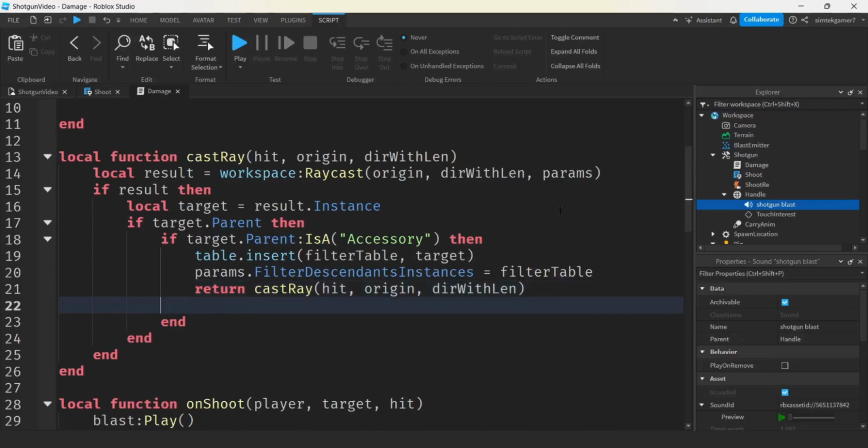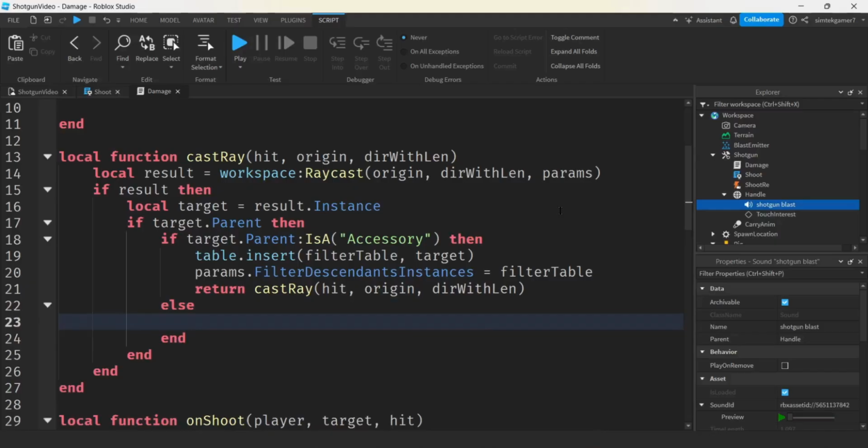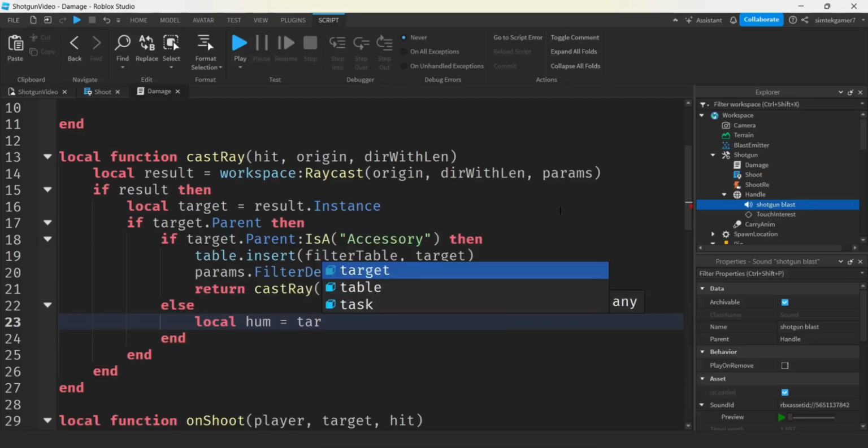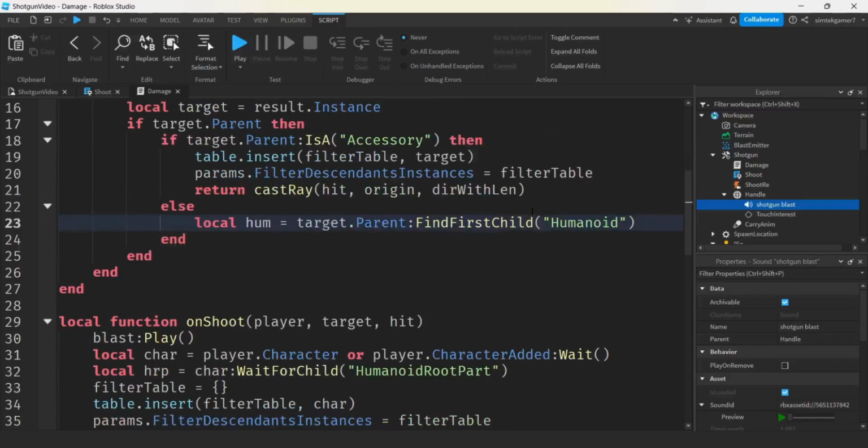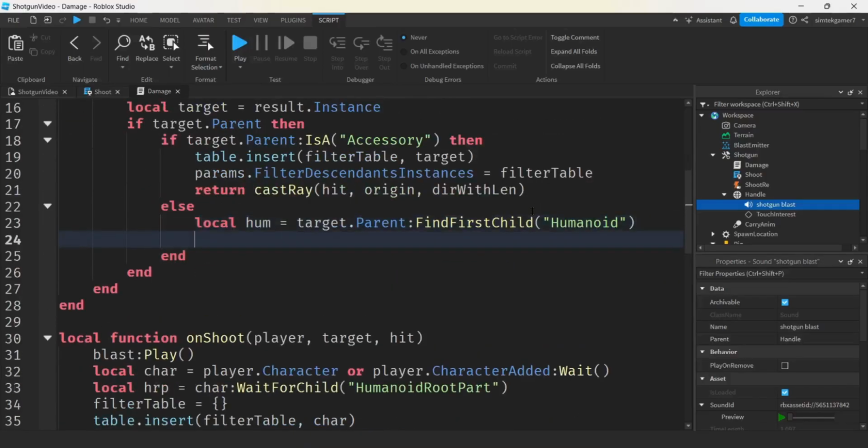All right, so else, it's not an accessory. Let's look for a humanoid associated with the target. So the target dot parent, we'll do a find first child and look for a humanoid. There might not be a humanoid. You might hit a wall or something like that. So we'll do if hum, then